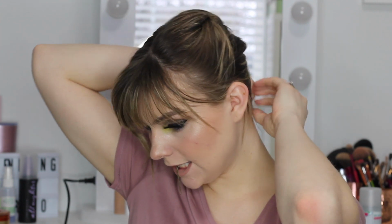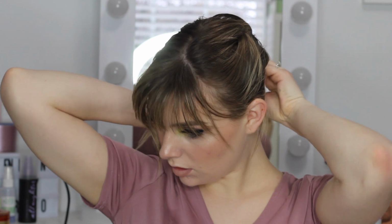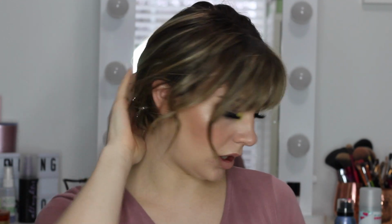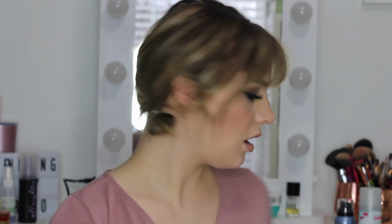Now we have a couple little straggler pieces that we're going to tuck with bobby pins. So I'm just going to take any of those small pieces back there and tuck them in. That way that's all nice and tight. You can decide here with this little bun, you can tuck it in if you want, or you can leave it. I kind of think it's cute, so I'm going to leave the little bun there with my pieces. And then I'm going to take my bangs,